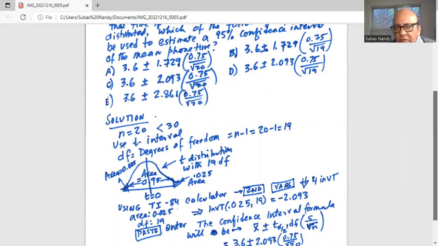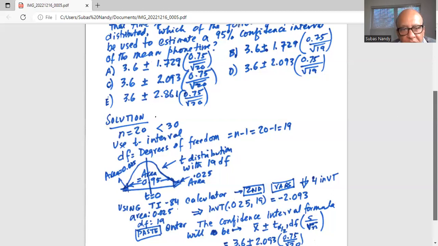And the first line says area. This means the area in the left tail. The area in the left tail is 0.025. I already told you degrees of freedom: df is sample size minus 1, which is 19. And then we scroll down to Paste, put our cursor there and hit enter. And the answer comes out as invT(0.025, 19), where 0.025 is the area in the left tail and 19 is the degrees of freedom, equal to minus 2.093. So this is the critical value of t, which separates the left tail region where the population mean will